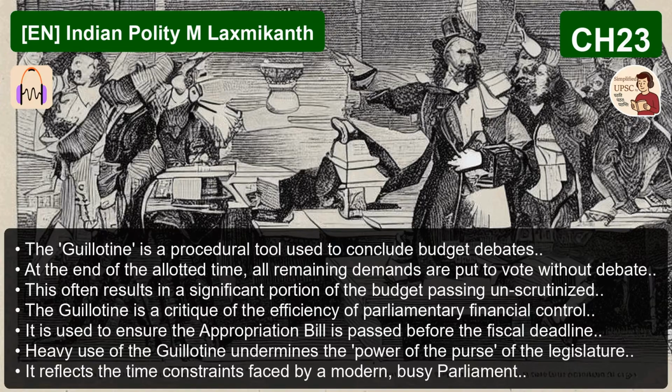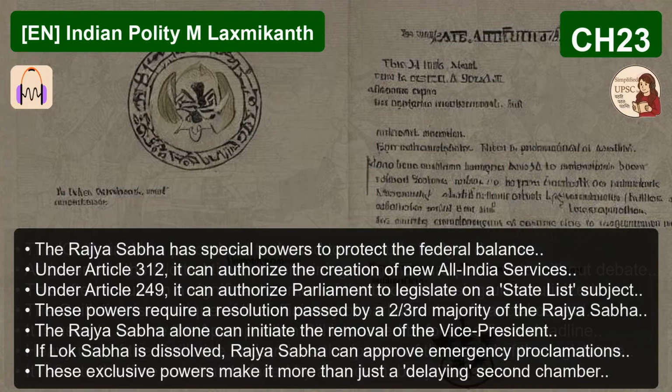Moving on from the floor of the House, let's talk about the unsung heroes of legislative work, the parliamentary committees. Indeed. The bulk of serious technical scrutiny is delegated to these committees. They're essential for tackling the high volume and complexity of modern legislation we talked about earlier. Let's focus on the departmental standing committees, DRSCs first.